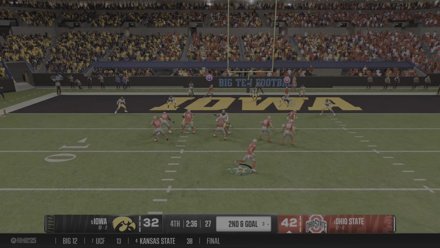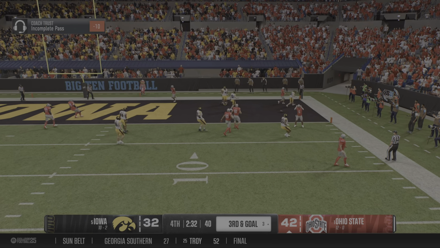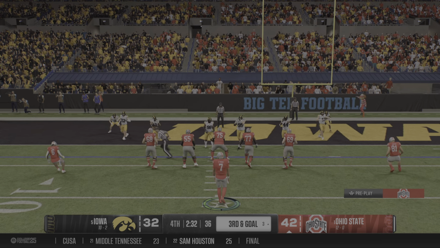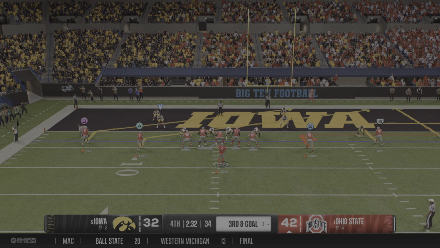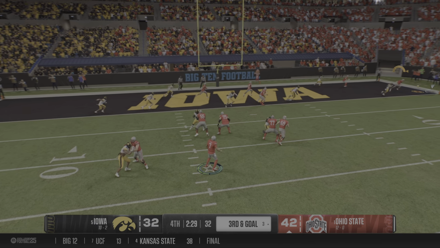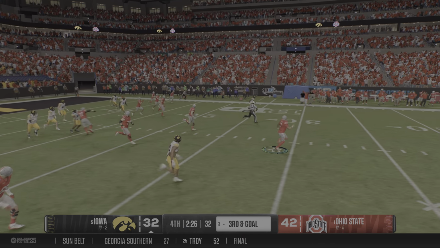Quarterback looking to connect with the receiver here, launching one to the end zone. Oh, and he cannot quite hold on down there in the end zone. Would have been a great pick. Instead, a 3rd down play coming up. Trying to throw for it on 3rd and goal. And it's intercepted with a desperation throw here.